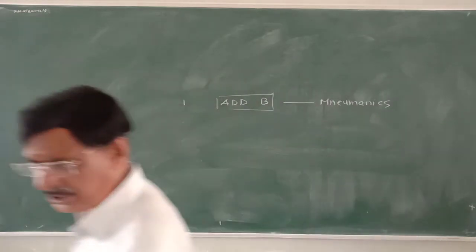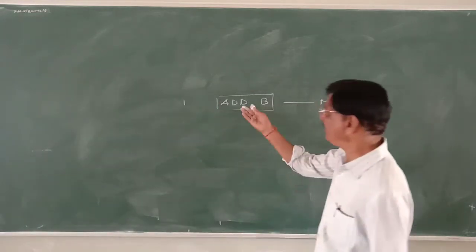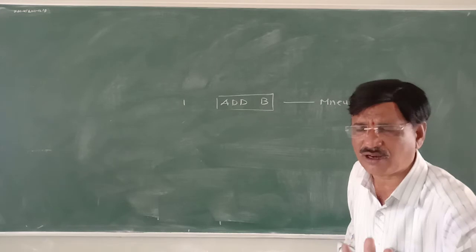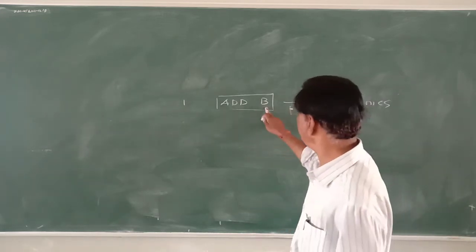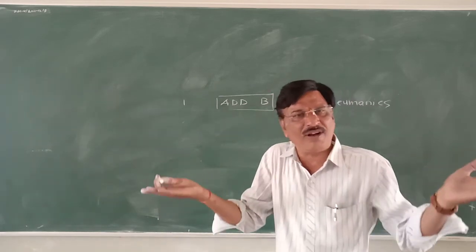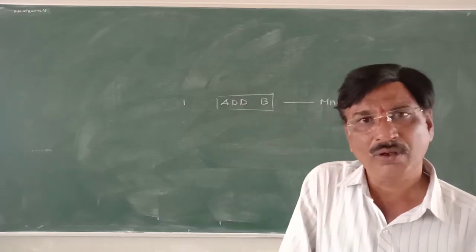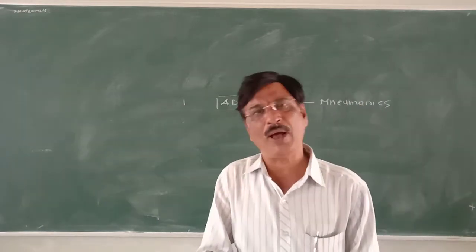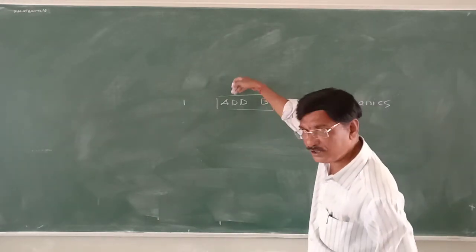So today we have seen the instruction types, explicit and implicit. Now once again, here, time to learn the implicit operand and explicit operand. Look at this instruction, which is in the form of mnemonics. Again, don't forget. ADD B, meaning add the contents of register B with the contents of the accumulator. Where is the accumulator? The accumulator is not mentioned. No doubt it is one of the operands, but it is not mentioned. It is available in the opcode itself.